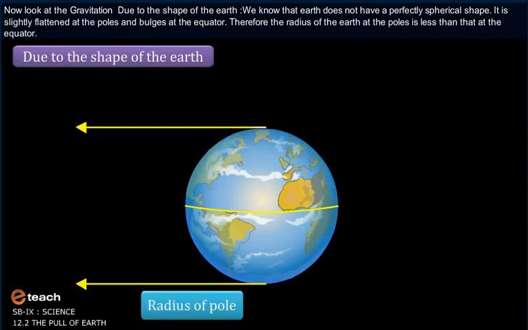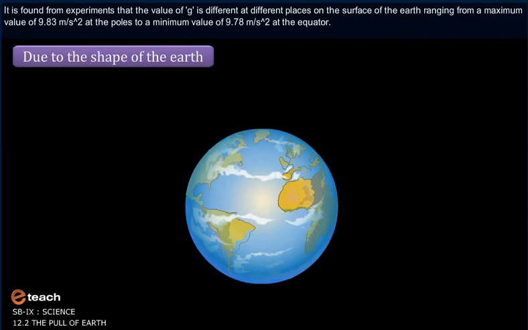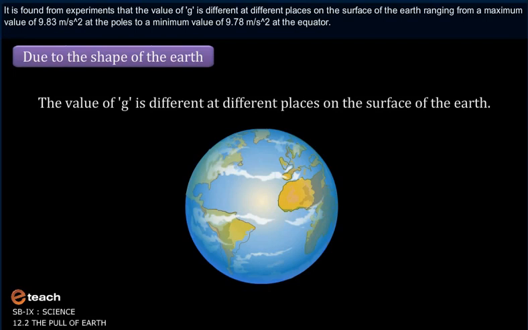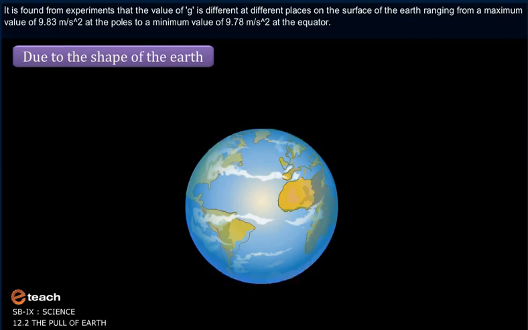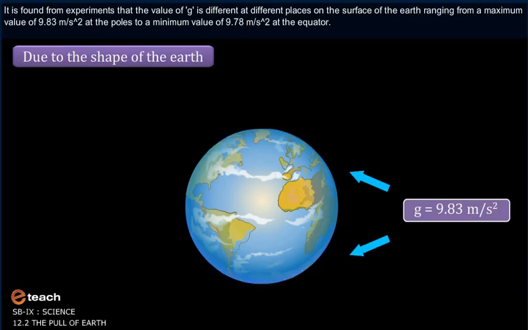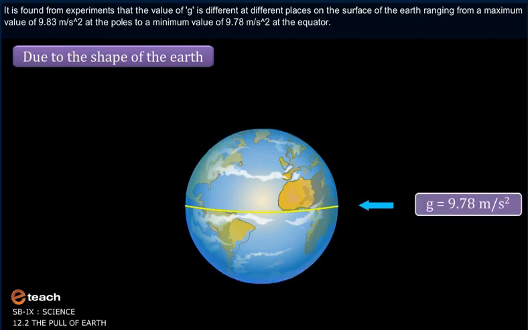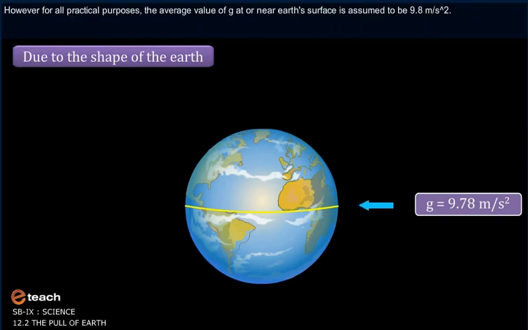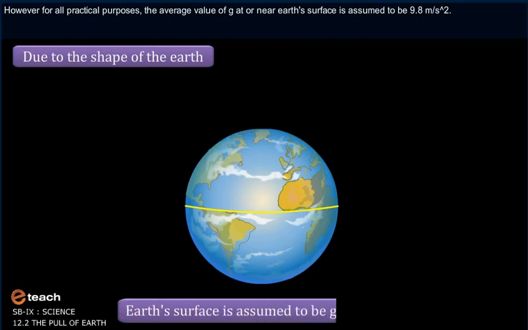Therefore, the radius of the earth at the poles is less than that at the equator. It is found from experiments that the value of g is different at different places on the surface of the earth, ranging from a maximum value of 9.83 m/s² at the poles to the minimum value of 9.78 m/s² at the equator. However, for all practical purposes, the average value of g at or near Earth's surface is assumed to be 9.8